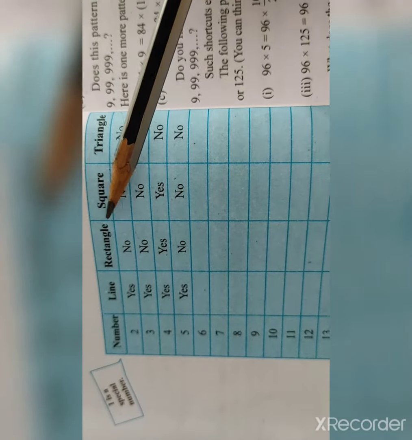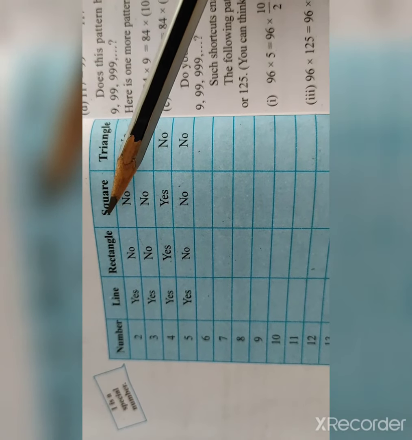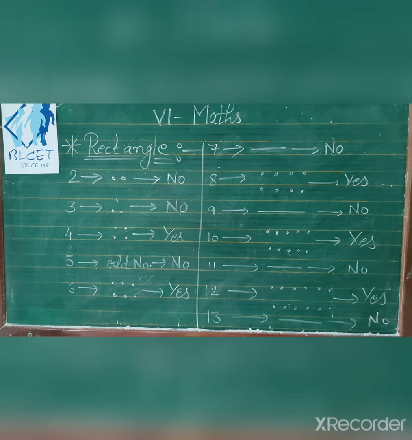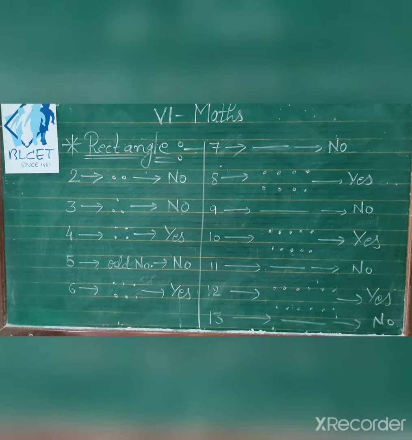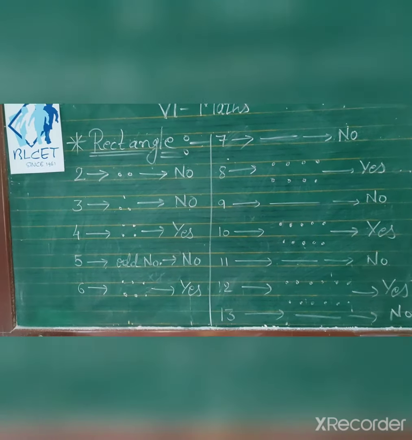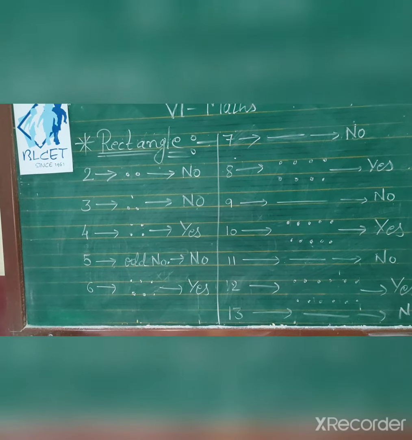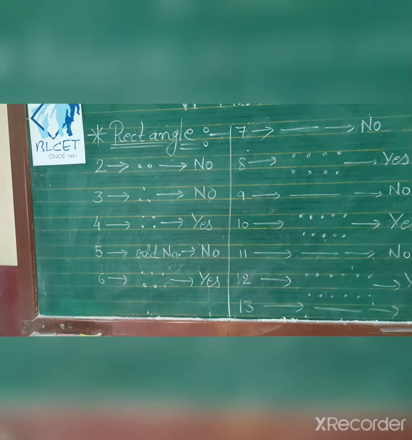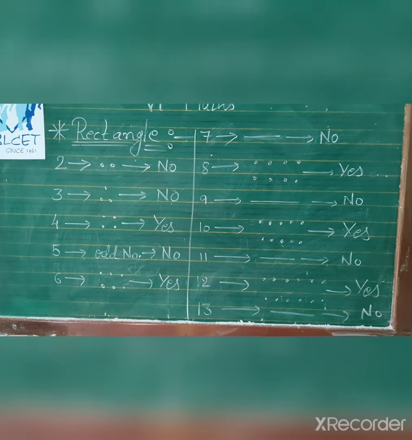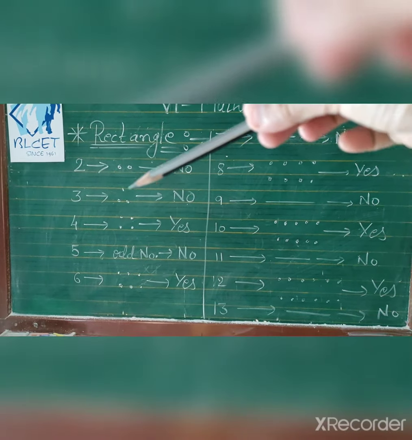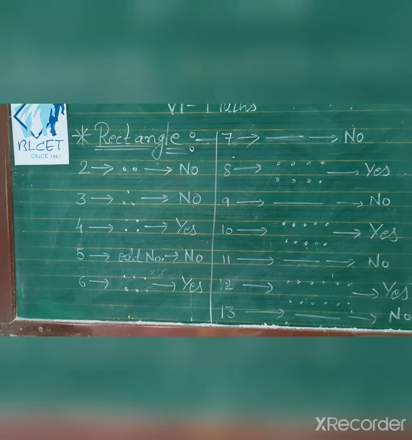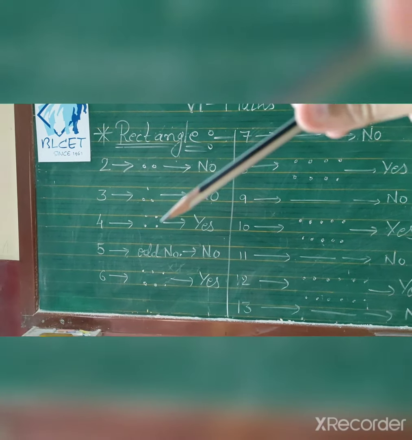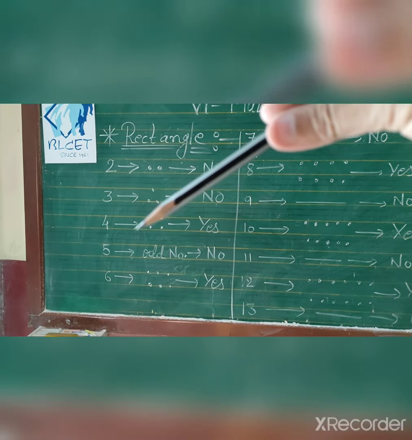Now rectangle. For the rectangle, the formula is n(n+1). Children, here we are not using the formula. We will draw the pattern. So you can see 2 forms a line. For 3, a triangle shape. For 4, a square, which is also one type of rectangle. When you join the dots, you get a square shape, and we can say that a square is also one type of rectangle. So the conclusion is that the odd numbers